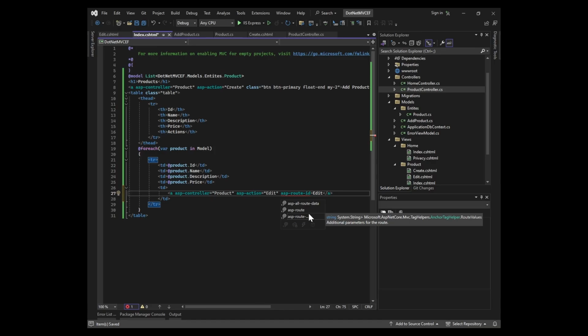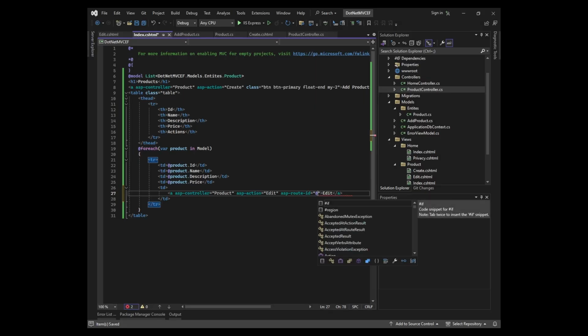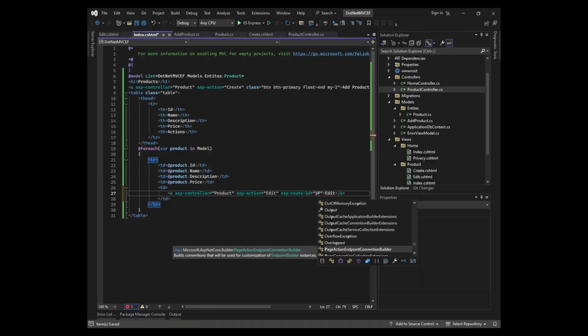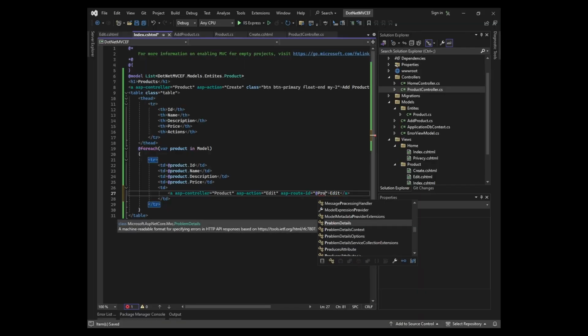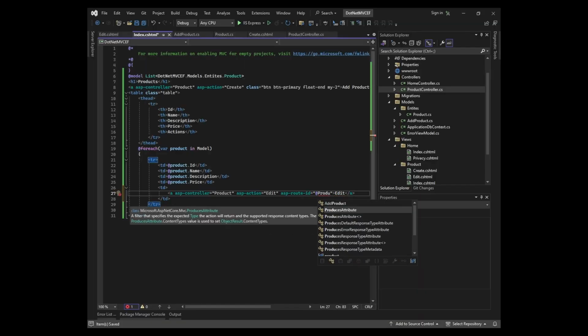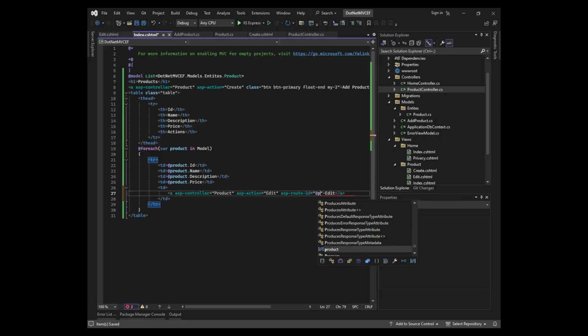Basically, we are utilizing the URL encoded data, so we are going to get this ID, product, product with small p dot ID,